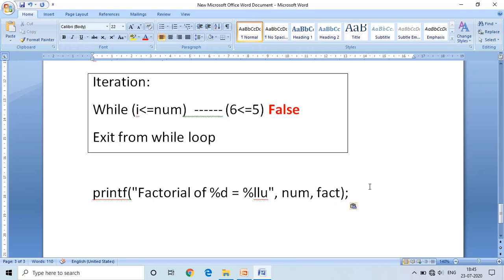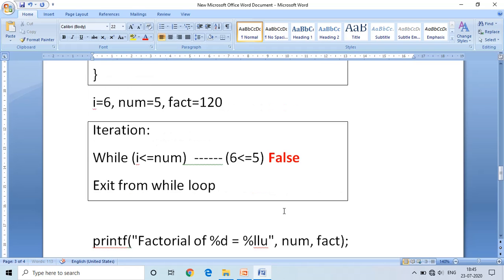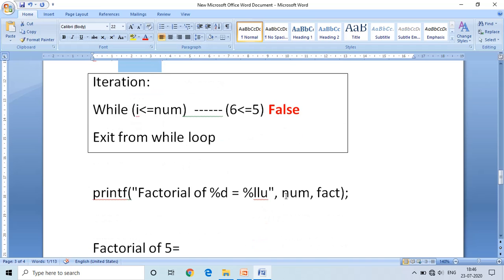It executes this instruction and it prints factorial of %d, which means it prints num, 5. Factorial of 5 is fact. Num value is 5 only, fact value is 120. The num value 5 is replaced here in the printf.